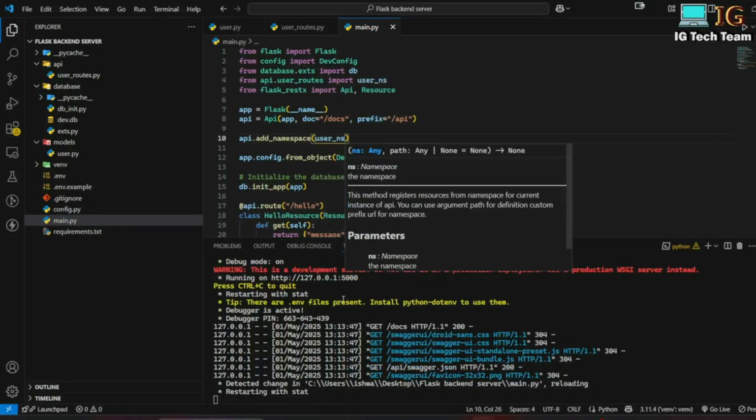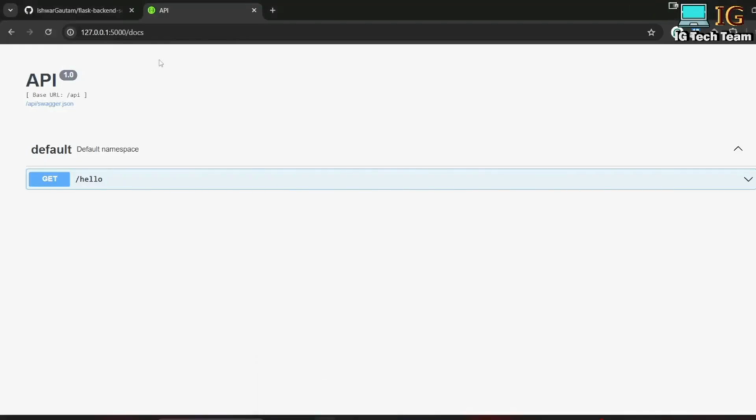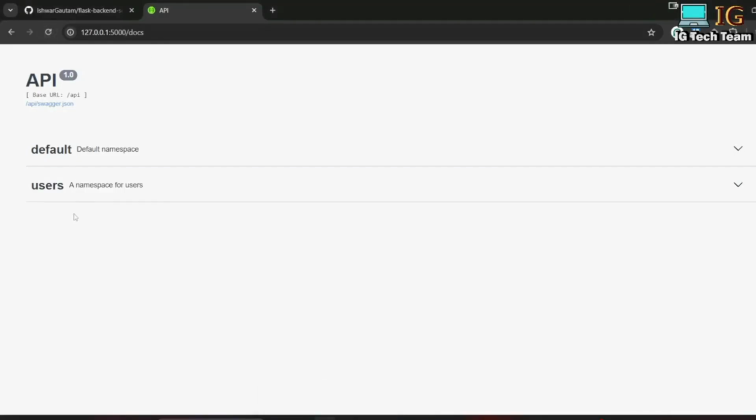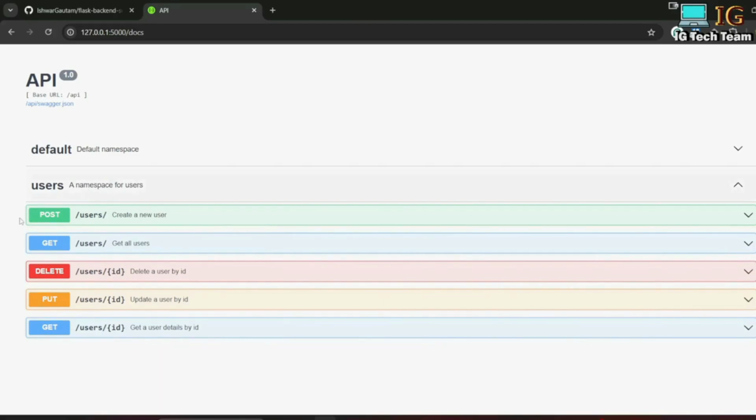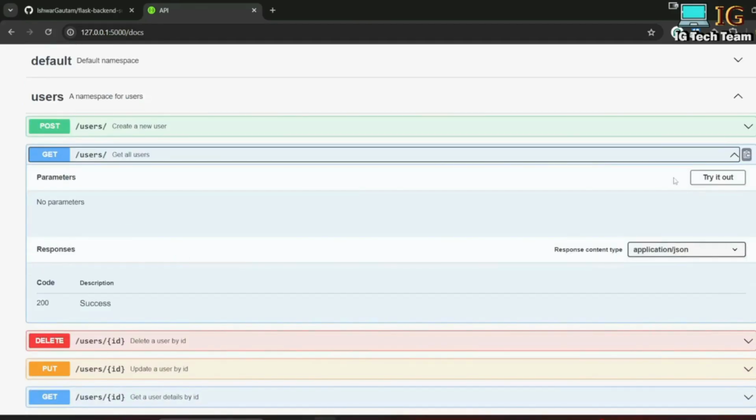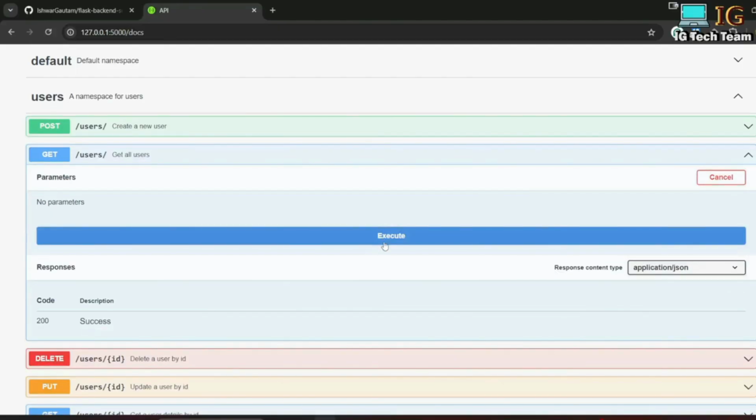Now if I control S, and if I refresh this page, see my user's namespace is here. It says a namespace for users. If I go here, see all my APIs are here. So this is for getting all the users. If I go here and click on execute,